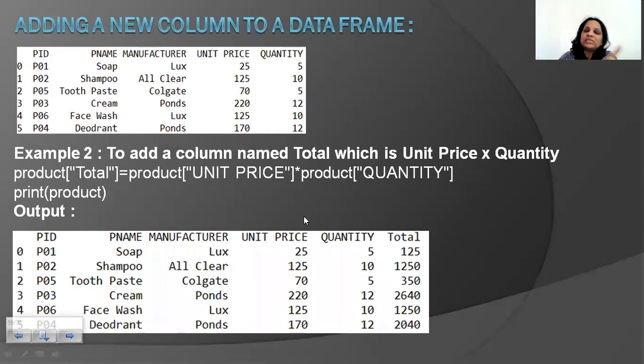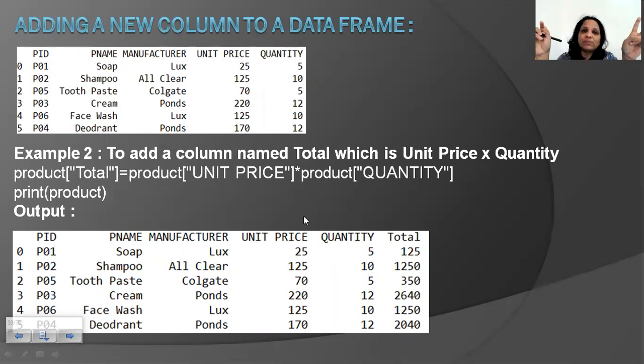Okay. Now, whether it's the previous method or this method, if instead of adding a new column, you refer to an existing column of a table, suppose I said product of total is equal to, but total was already existing and it's not a new column, then in that scenario, what happens? Does it show me an error message? No, it will go and update that particular column. So this method can be used for updating a column also, if the column exists, and if the column doesn't exist, then a new one gets created.